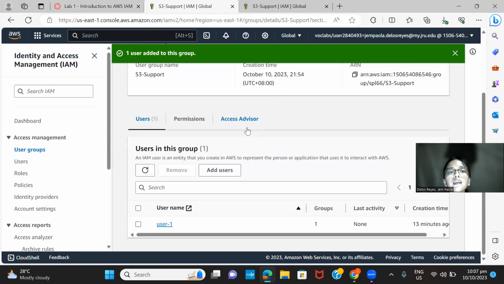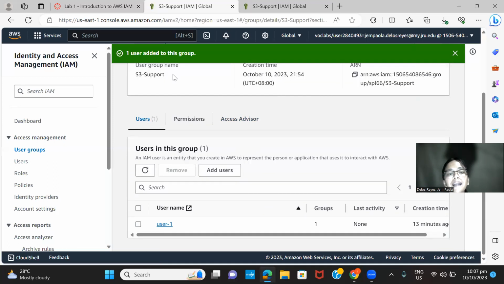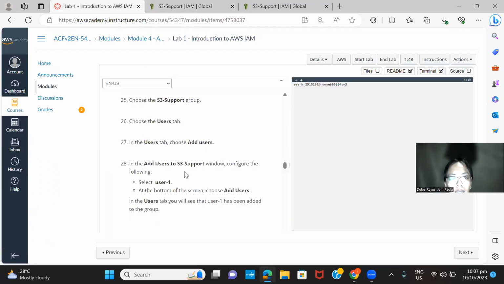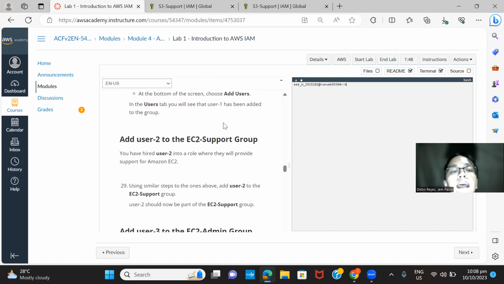So as you can see in the group S3 support, we added the user 1. And at the bottom of the screen it says the user we chose has been added to the group. And then the next thing we will do is go to the navigation user group,